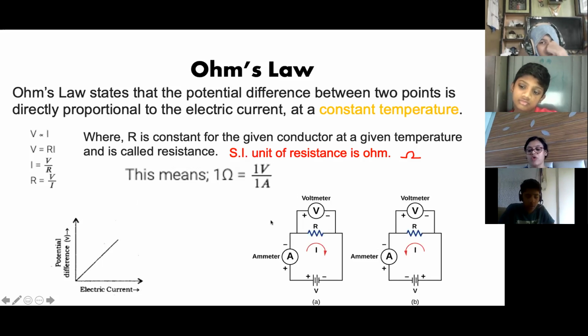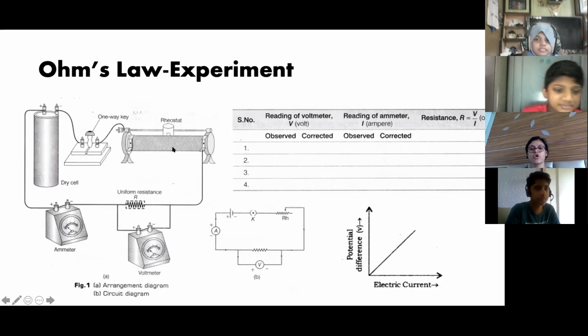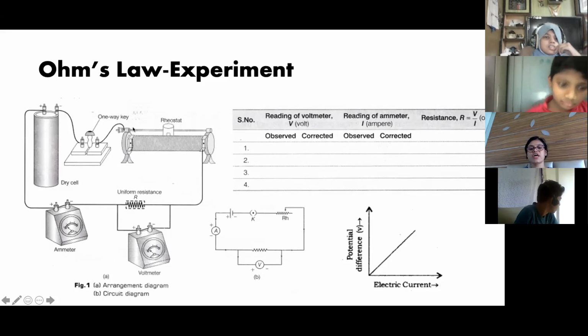And how do we do it? That also I will explain to you. See, in the lab, we will do it like this. Do you recognize it? What is it? This is a rheostat. I showed you the picture that day. It is a variable resistor. This top portion, if you shift it here and there, and these are coils of wire, so if we shift it here and there, we vary the resistance value in the circuit.